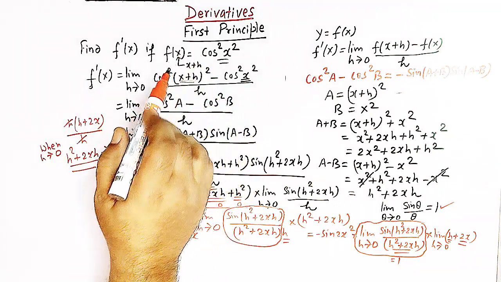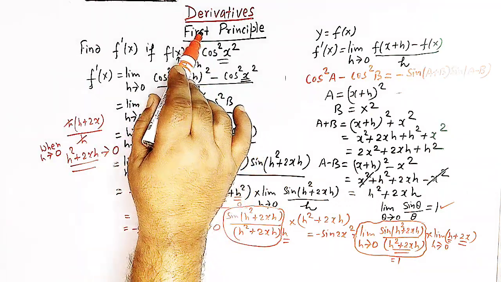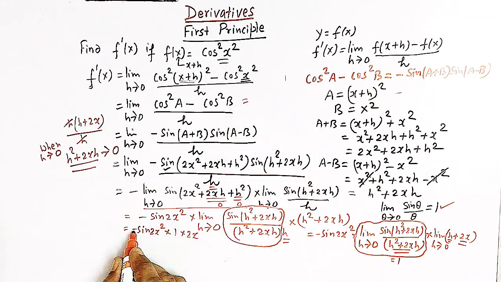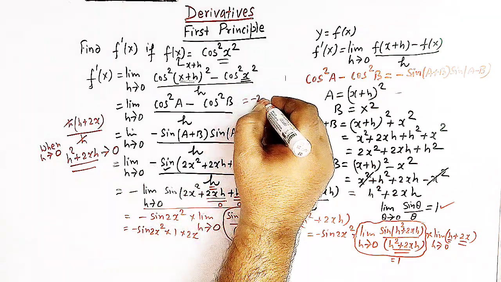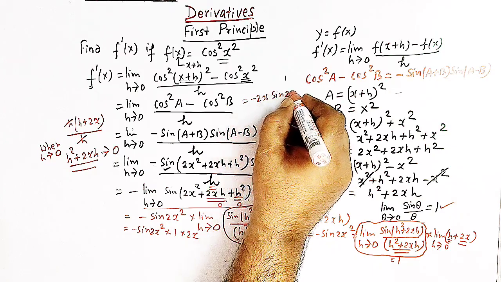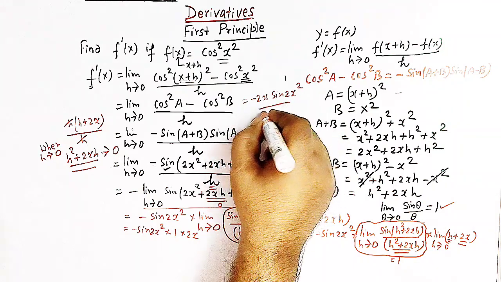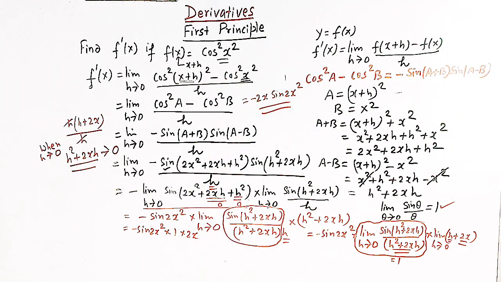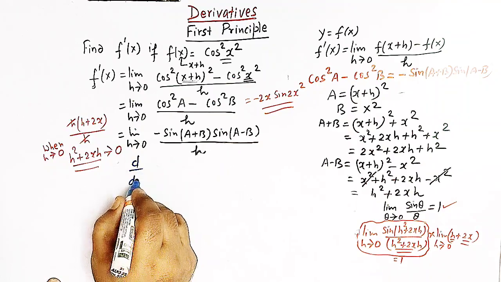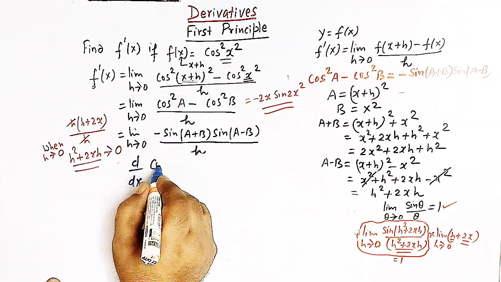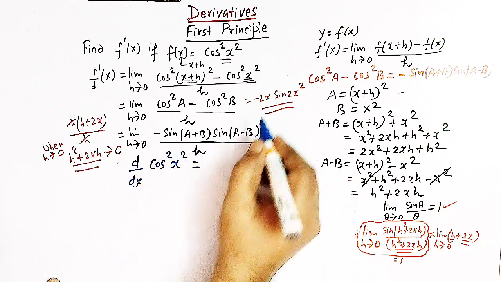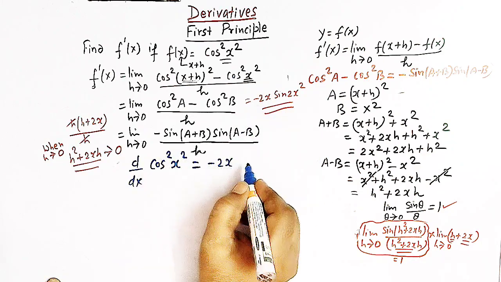So the derivative of this function using the first principle is now given by minus 2x, then we have sine 2x square, right? So now the derivative of this function, that is cos of x square,